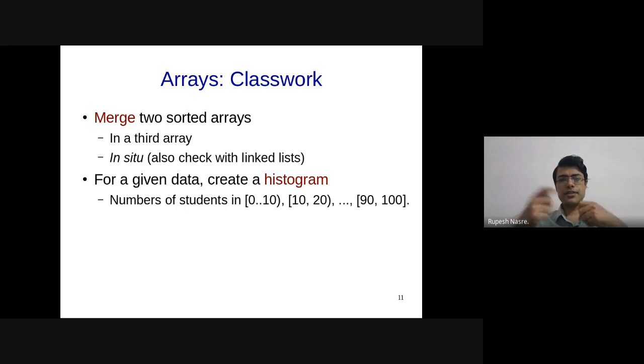But when I'm creating a histogram, the way the pseudocode is shared by Tanay, it doesn't really require all the elements to be stored. You can process the elements as and when they come. So you essentially require only one scanf per iteration, per element, and you can store it in a variable, and you just push it into a particular bucket based on the value in that variable.